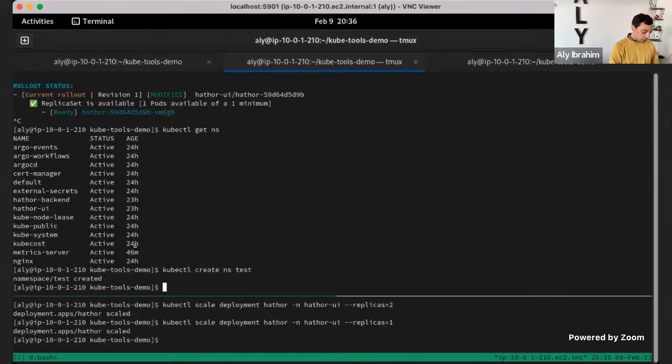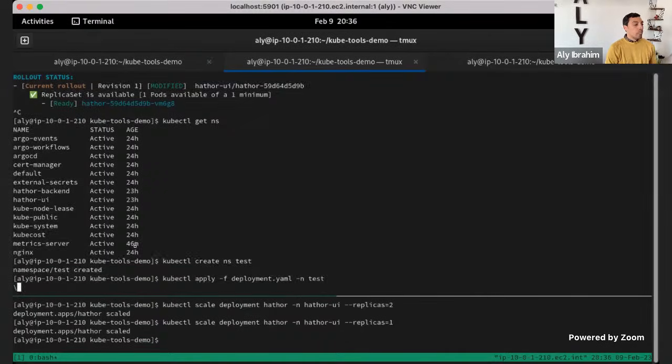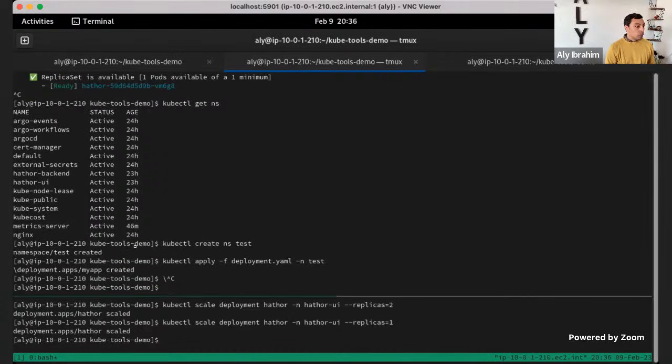Let me apply this myself. So let's delete that. I'll show you because it's better to see what's happening now. Trace, and instead of this, we do test. Again, test is the namespace, and my app is the deployment name.